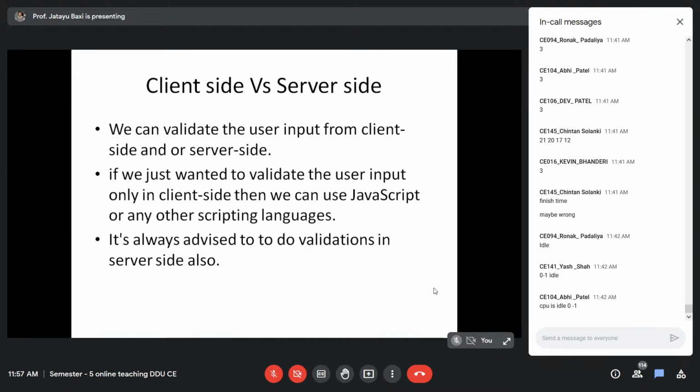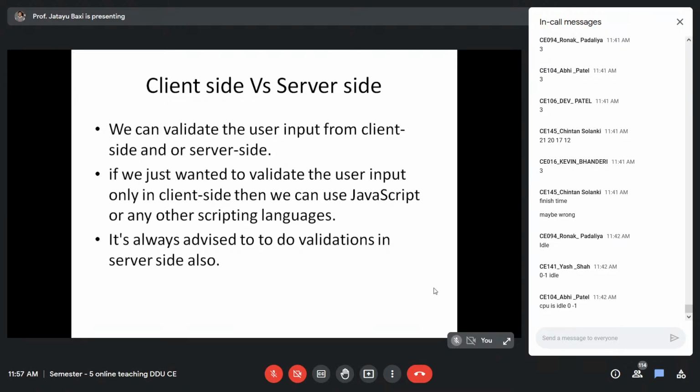Okay. So obviously at first glance, it seems like client side validation is always better because you are saving some time and you are saving unnecessary processing on the server side. That is right. But still, as you can see in the slides, it is always advisable to do the validations on the server side also. So why is it compulsory, or why is it advised?